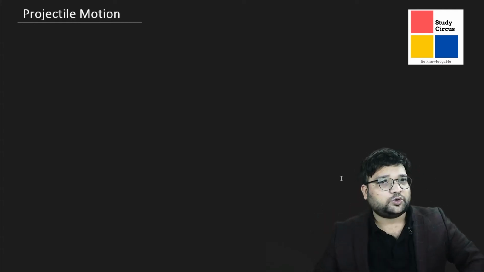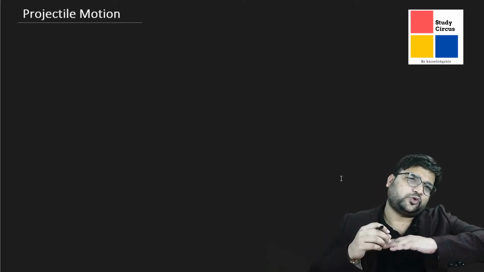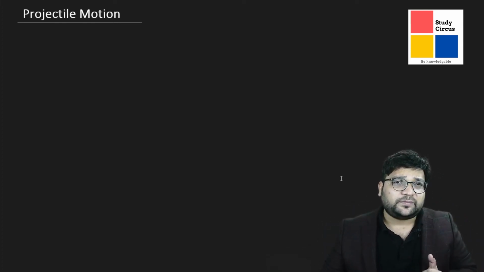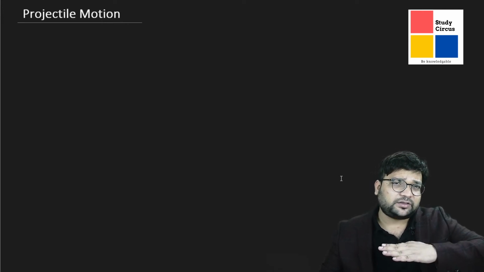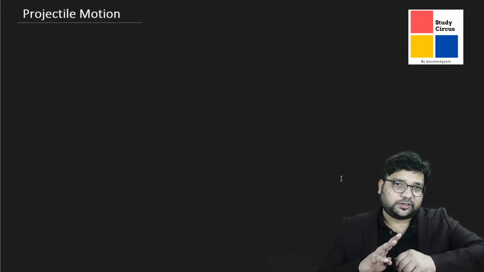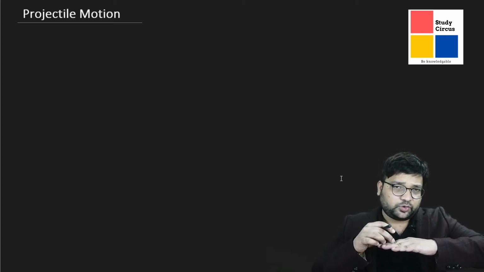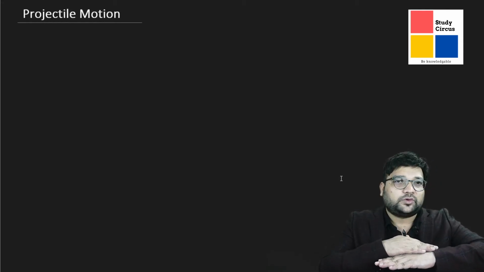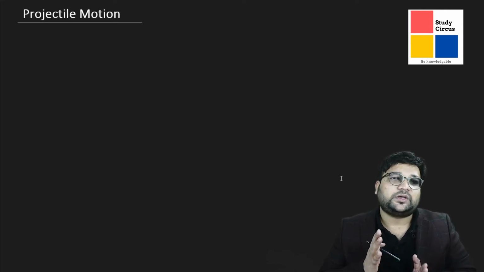So this is the horizontal, and let's say we throw a ball or a stone at an angle like this, it will go like this, and that is what we say is a projectile in two dimensions, because the movement is along two directions at the same time. Let's say this is your y axis and this is your x axis. The stone that is going like this is moving along y also, and along x also. So the motion is along two directions at the same time. That's why it is two dimensional motion.